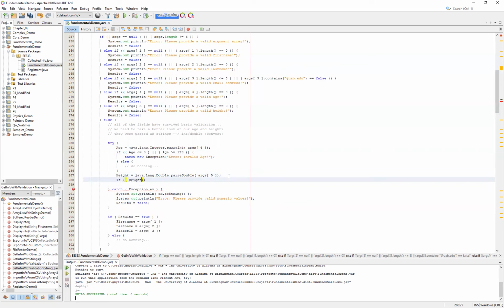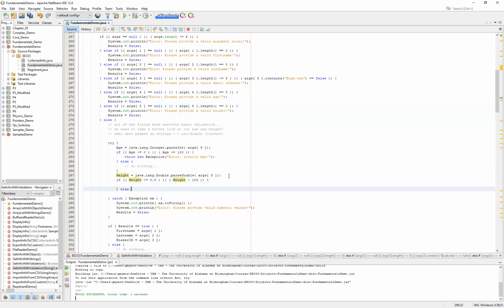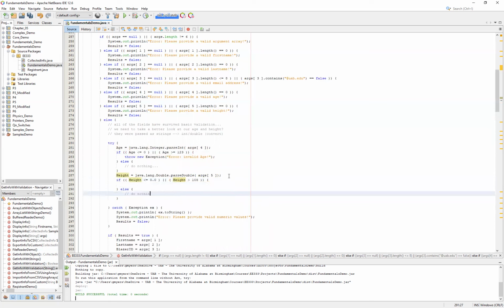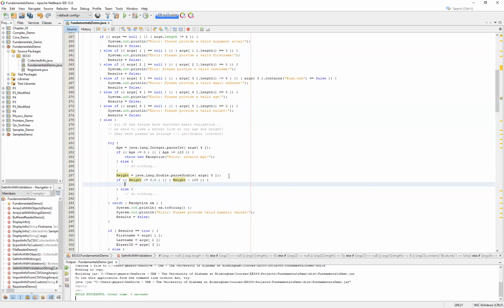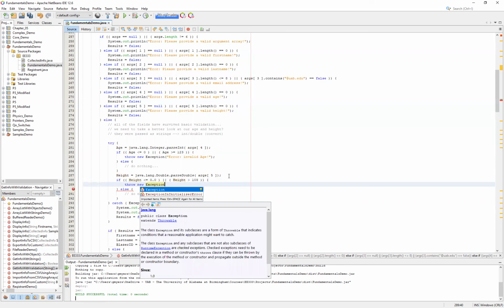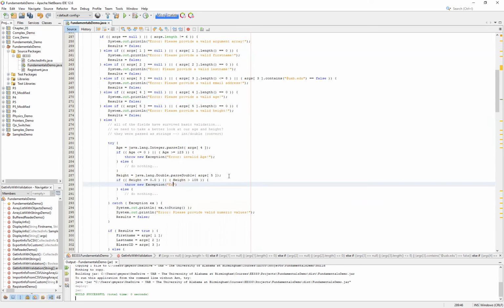But we can do the same thing now for the height, in that we'll simply check to see if our height was in fact less than or equal to 0, or our height was greater than 108, in which case we had an invalid height. Under the else branch, we want to do nothing. But in the true branch, we simply want to throw a new exception. And in this case, we're just going to say error,